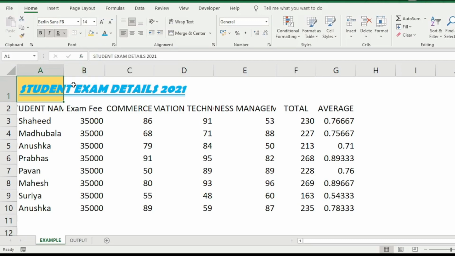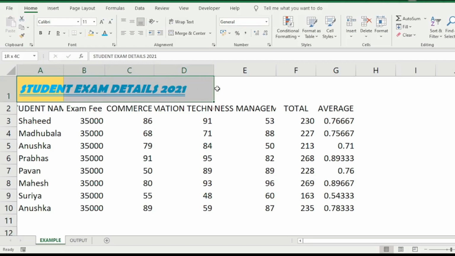Now I would like to teach you the merge center. Merge center is nothing but we are going to occupy from A2 till G. It means that our cell address is in A1. Now what I want is to make it as a header. I want to merge A, B, C, D, E, F, G. So how are we going to merge this data? I want to make it as one cell.